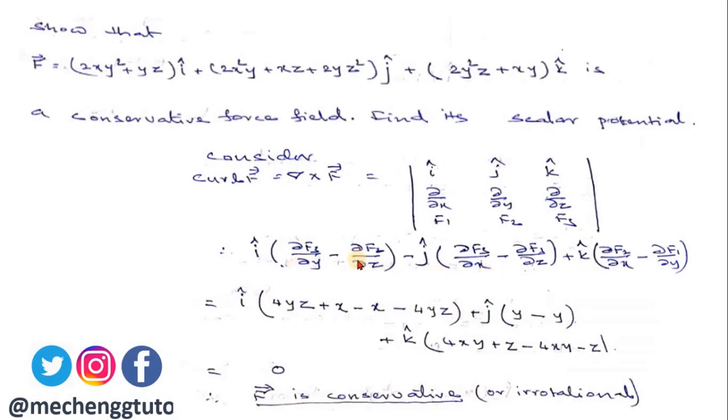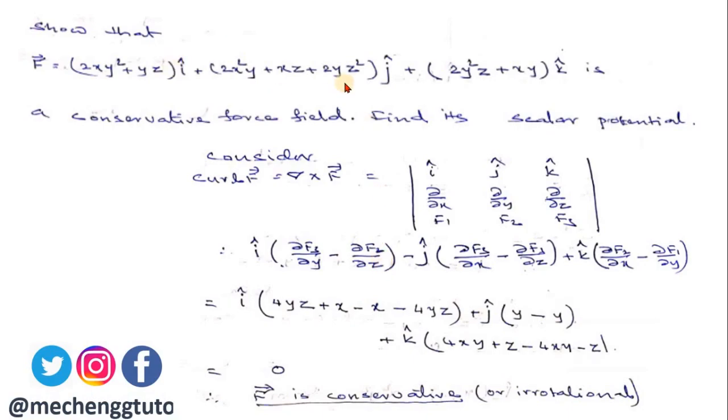Expansion we have done in the previous sums, same method. So i into F3 with respect to y. Your F3 is here. With respect to y it will be 4yz plus x, minus F2 with respect